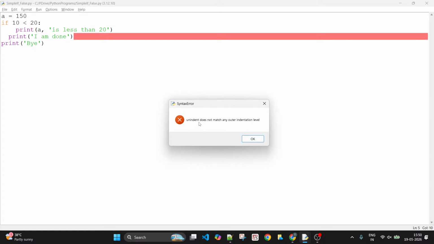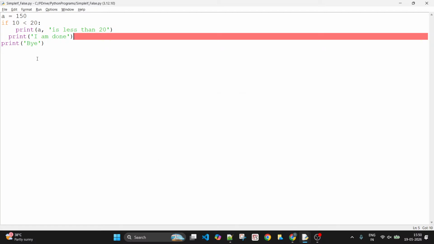As you see, "unindent does not match any outer indentation level." What does it mean? Your indentation is not consistent. There is no indentation scope here. How many spaces? One, two spaces, right? So either you put it inside the block of if, or put it outside the block